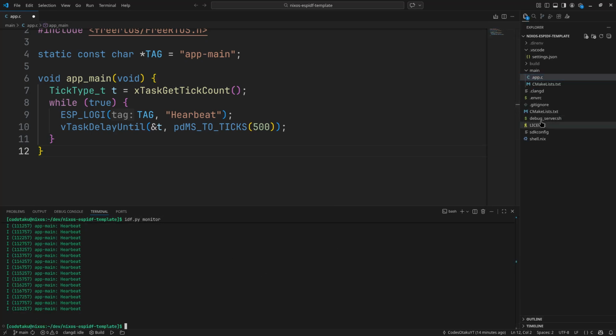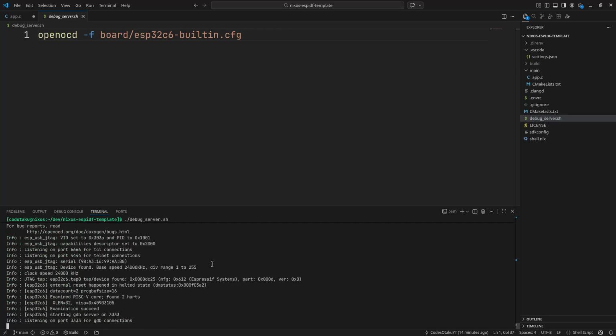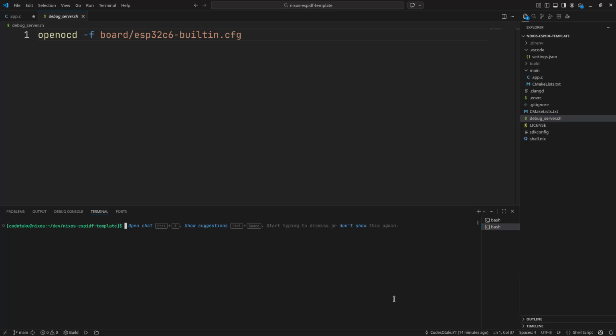I also had set up a debug server.sh command right here, and obviously you gotta change it: instead of C6, if you have, let's say, P4 or something, then change it here. Other than that, what you're gonna do is run ./debug_server.sh, and now you got a GDB server up and running in your chip. So now we're gonna create a new terminal, and what we're gonna do is idf.py gdb,